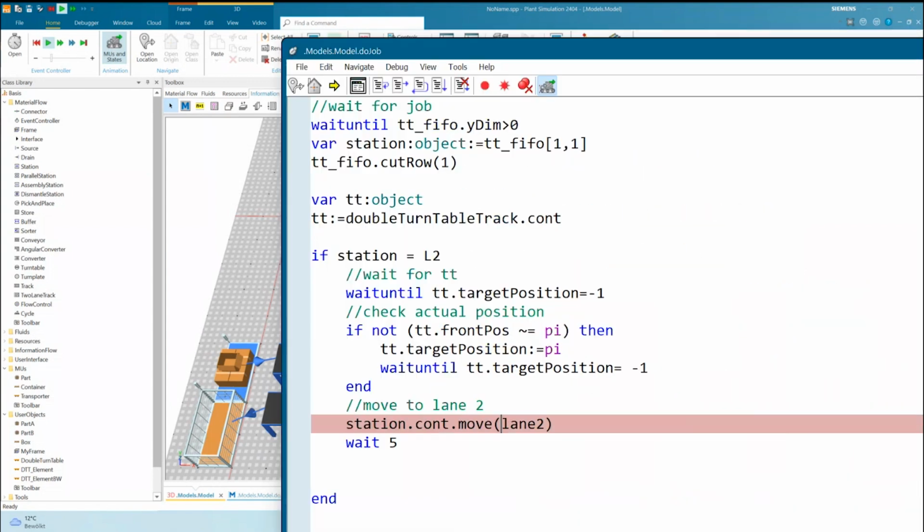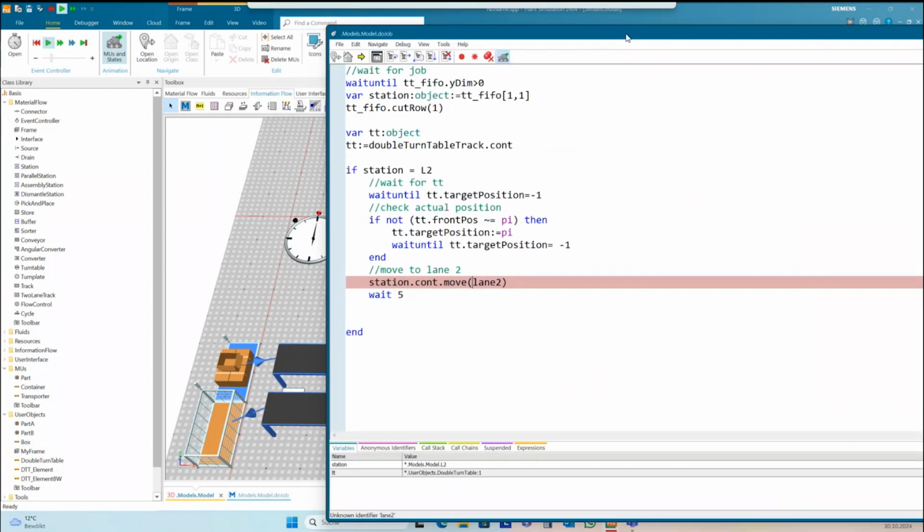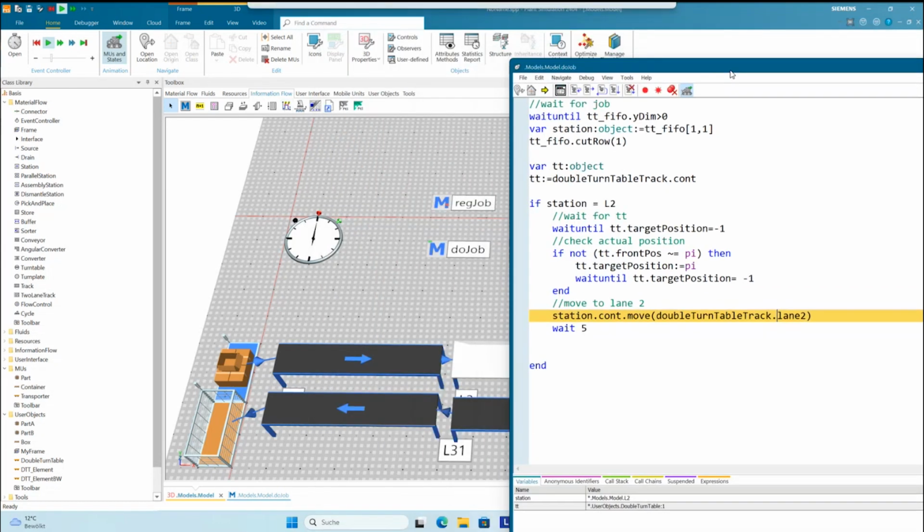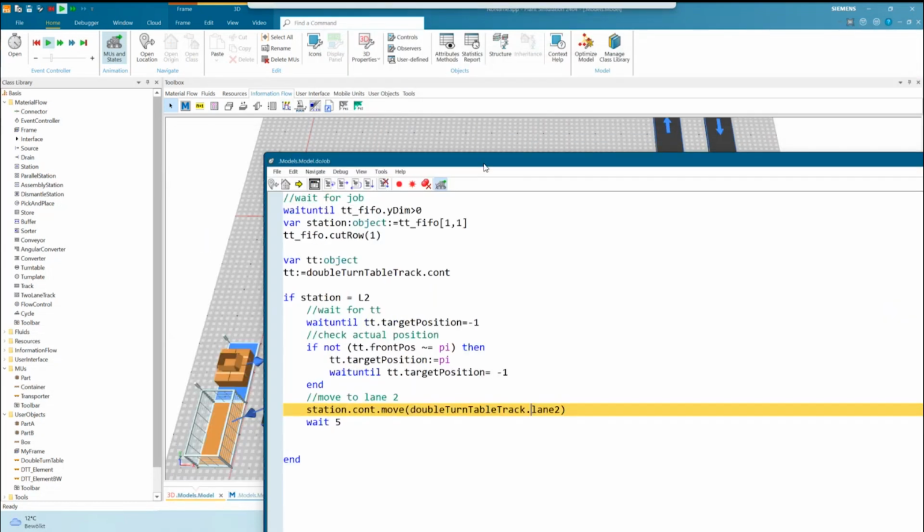Okay, I have a failure. This is double turntable track, lane 2. And then I guess it's moving wrong.